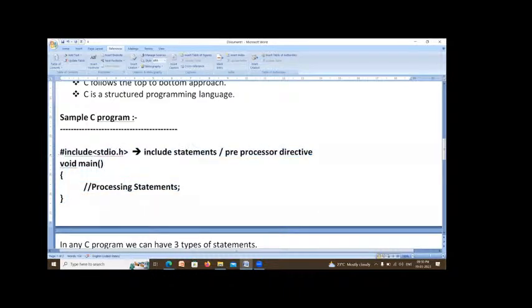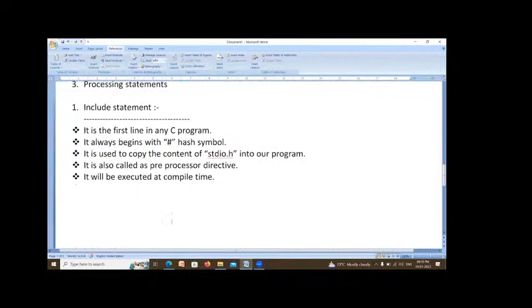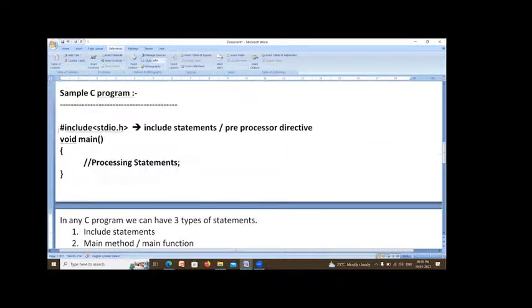We need to convert this program into a machine understandable form. That conversion process is called compilation. After converting your program into machine understandable form, the computer can understand and execute your program. So this line will be executed at the time of compilation, not at the time of running. So it is called preprocessor.